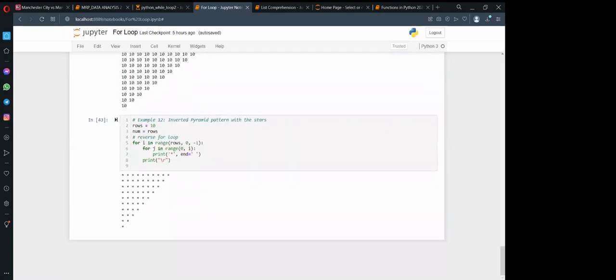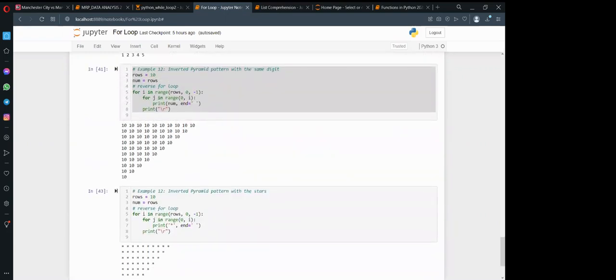Then we have the last example there for the fourth statement. We have inverted pyramid patterns. So if you look at that, what you're printing here is the star, and the star is inverted. So the same thing is up here. We have 10 number of rows. The number is equal to rows. Then you reverse the loop. For I in range rows, 0, -1.